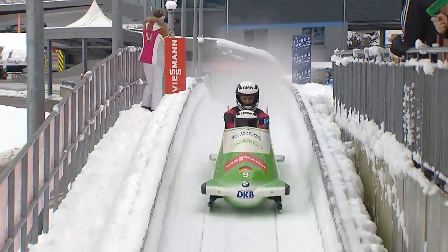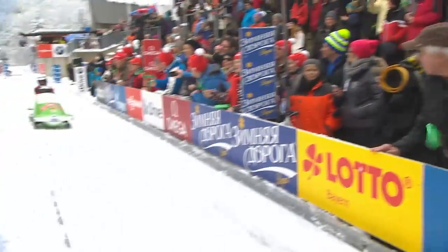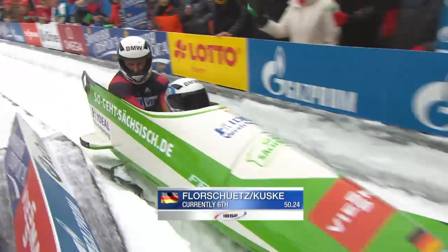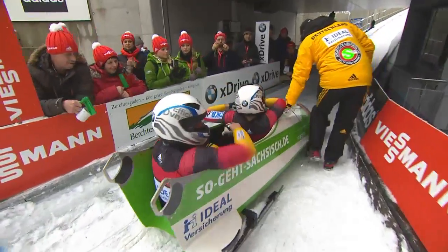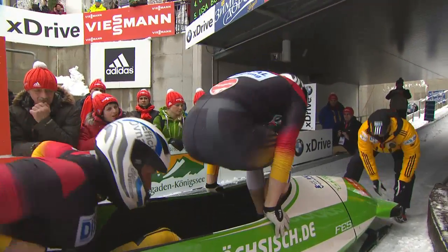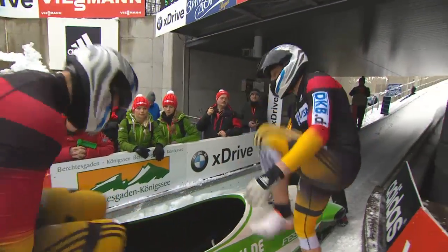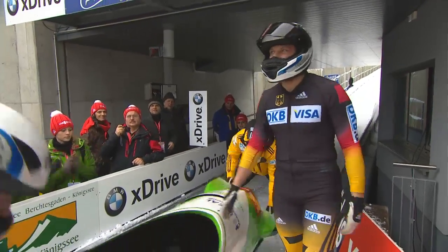Well, there was not 3/10 of a second worth of mistakes in that run. Germans won't be happy with that. Definitely not. It's a home track, you expect definitely more than that. Especially with everybody here, the whole Olympic committee, everybody's here. So they want to show what they have. And this is not what they were looking for. No jarvols from Christoph Langen after that one. Tied for